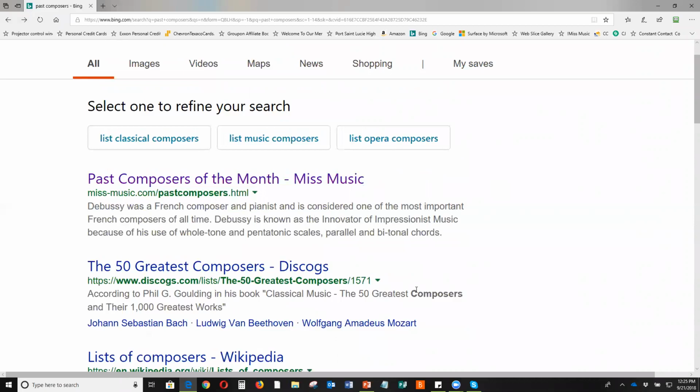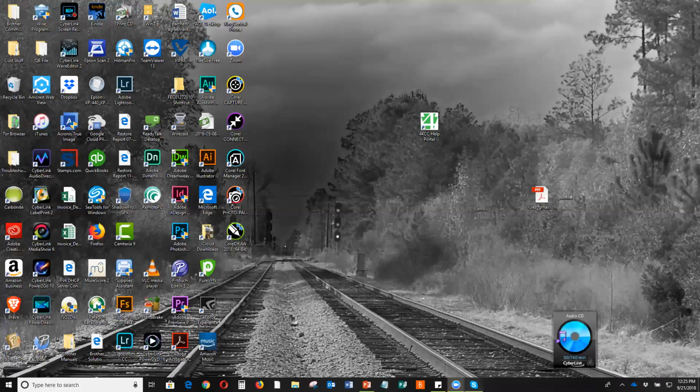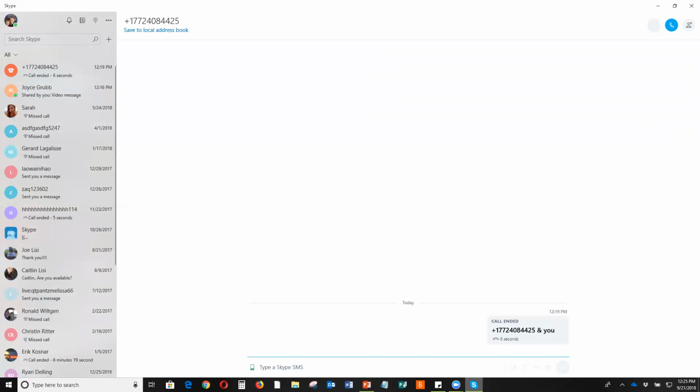So again, in order to get points, by the way, I want to make this very clear: you have to be logged in with your Microsoft account. Now, if you don't have a Microsoft account, keep in mind Microsoft accounts are free, and you simply need to set one up. You can use them for a lot of things around the web.